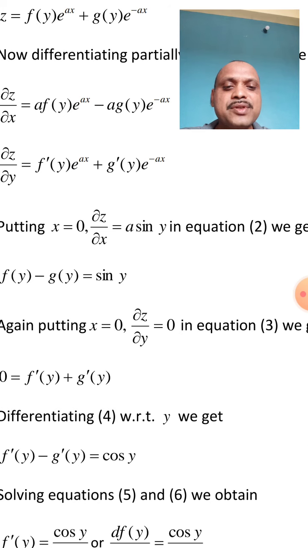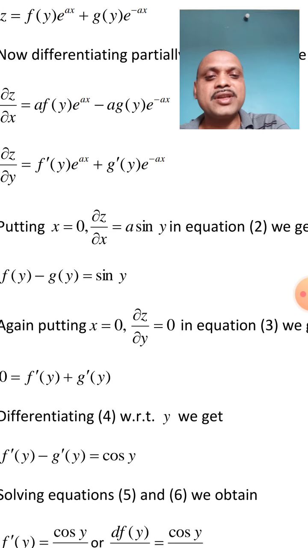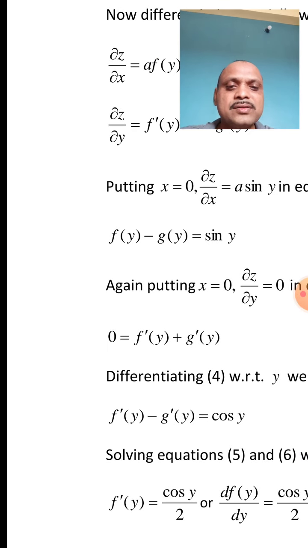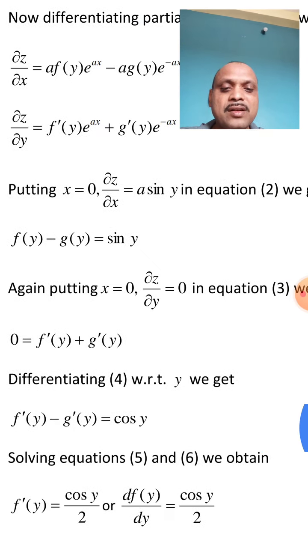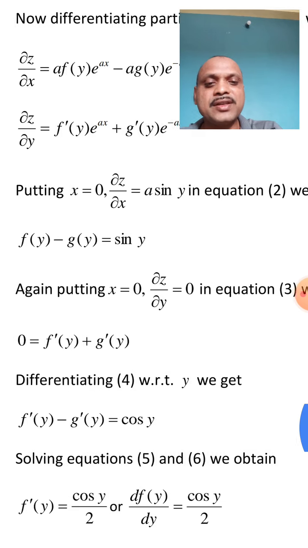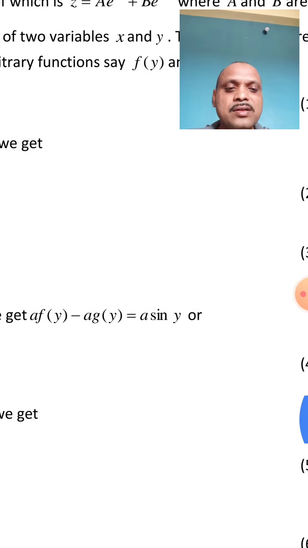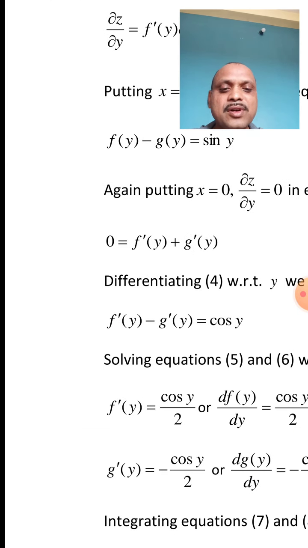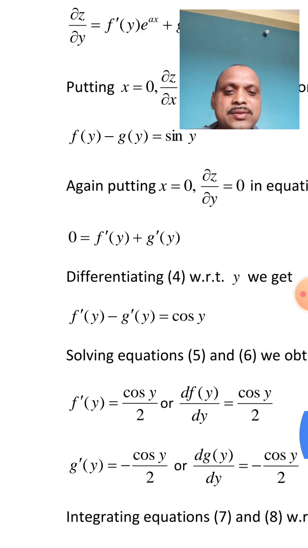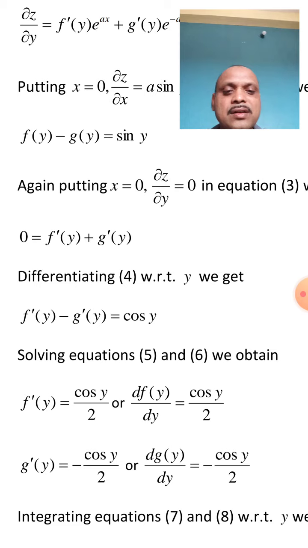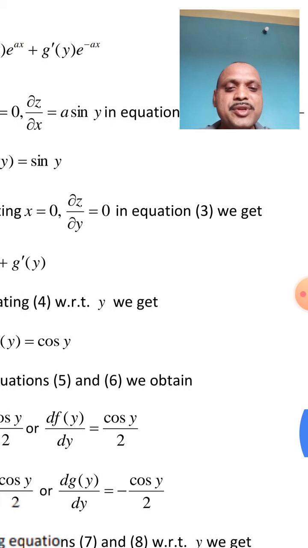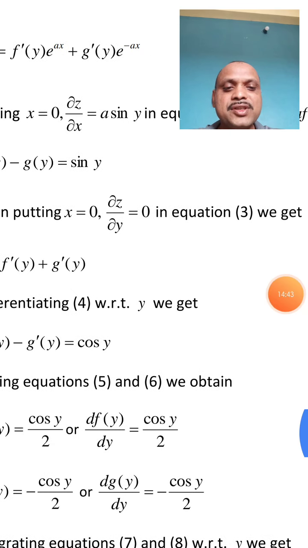Now put x equal to 0 and ∂z/∂y equal to 0 in equation number 3. Then we get f dash of y plus g dash of y equal to 0. Now differentiating equation 4, we get f dash of y minus g dash of y equal to cos of y. So from these two equations, 5 and 6, from these two equations